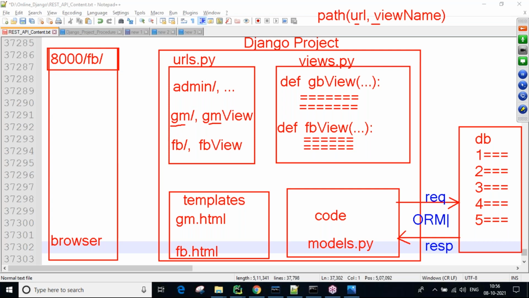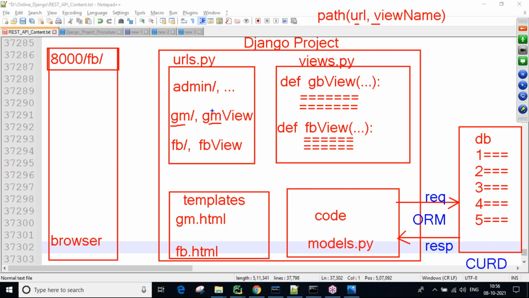This model is a big chapter, guys. Later we will cover what a model is, what the use of a model is, where and how to create a model, and how to create a table. It is a big session. Almost 8 to 9 projects we are going to perform using models only. By using the Django models concept, we can communicate with the database and perform CRUD operations. CRUD means create, update, read, delete from database tables.